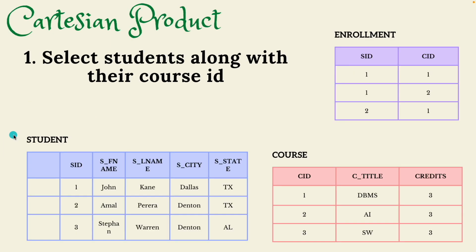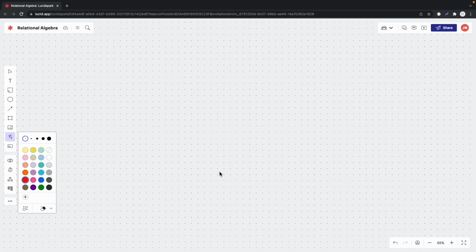Before we move into the rename, I just want to show you how to combine all these 3 relations and then list all the courses alongside the student, including the names, titles of the course, and the credit as well. If you want to get student information along with course information, definitely you have to combine 3 tables,